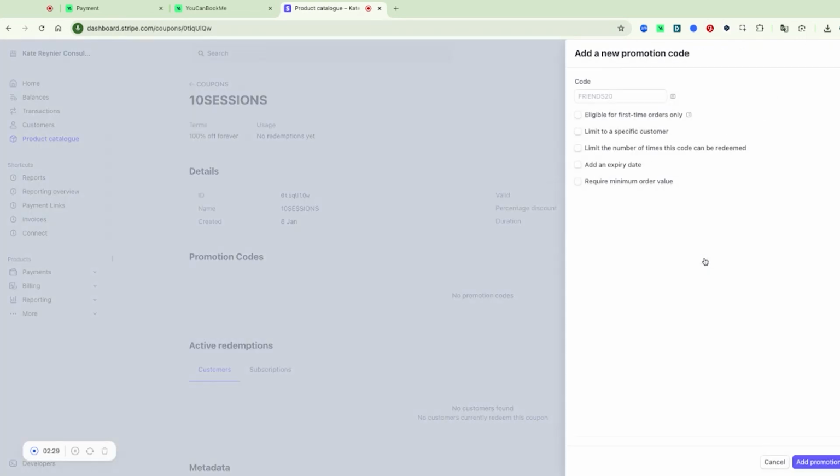So this is the promotion code that you will give specifically to that client for their 10 sessions. You can make up any code that you want. It could be specific to the company, for example. We'll call this Acme 10. It could be a more generic code that you give, but you want to give each one a different code